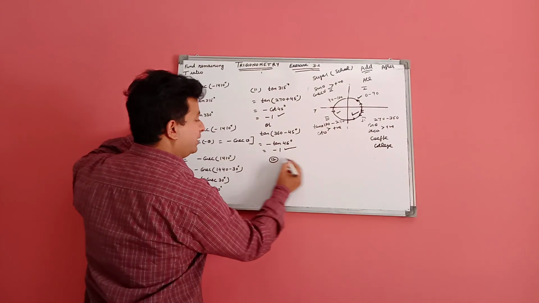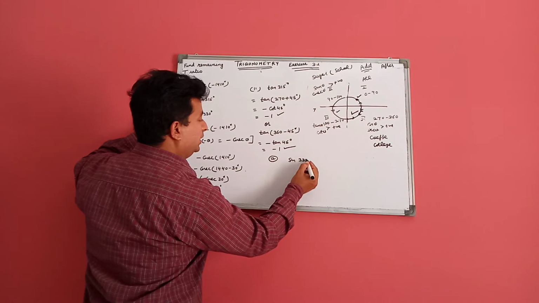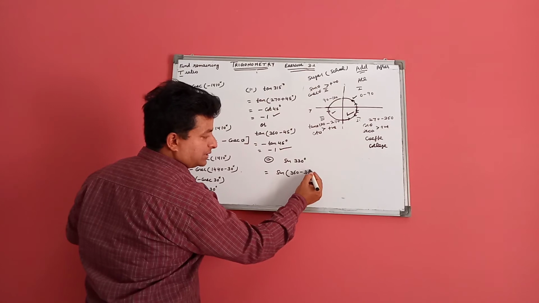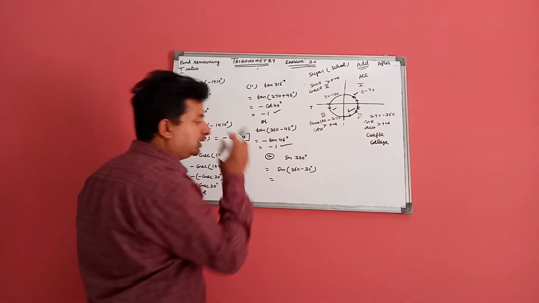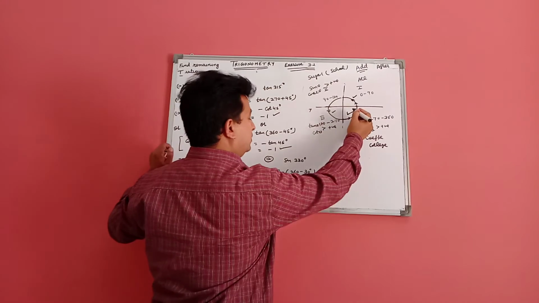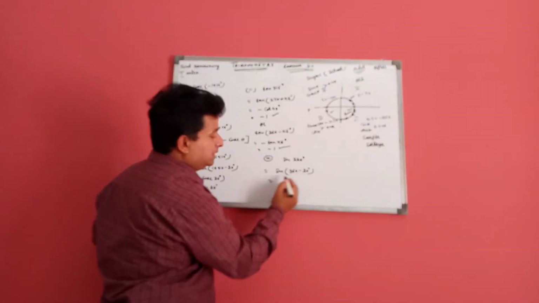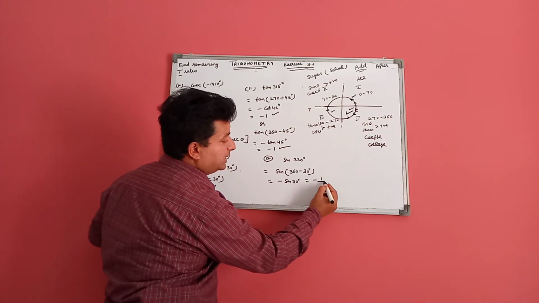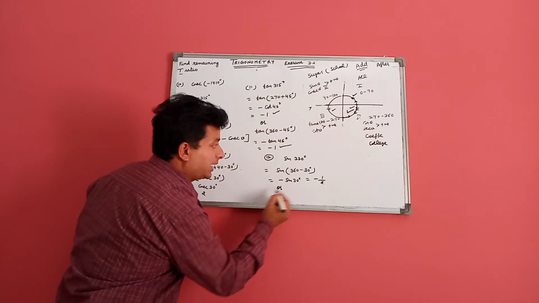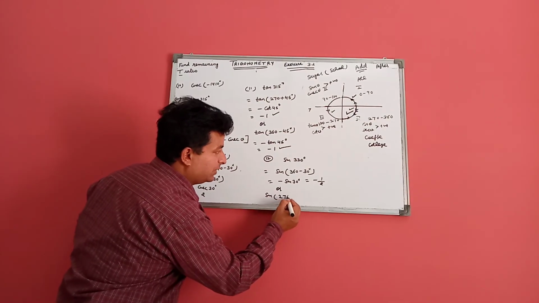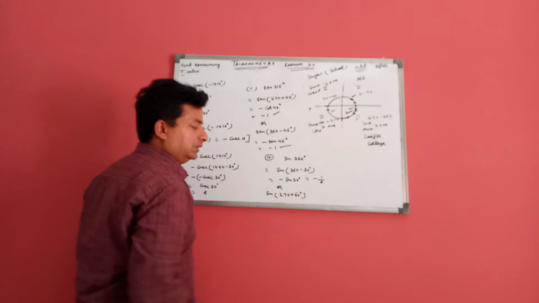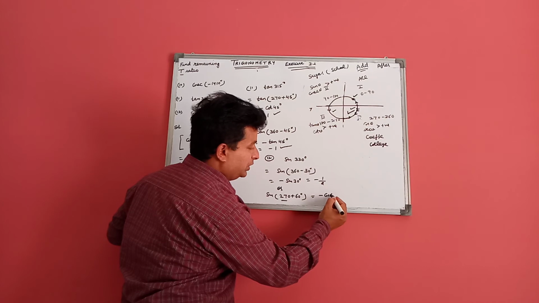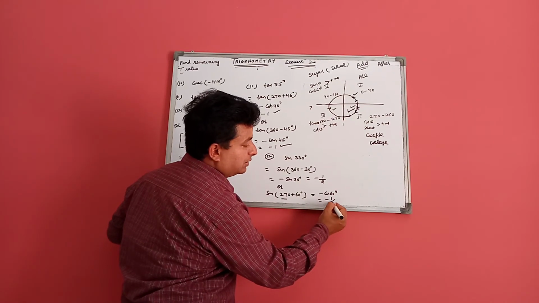In question number 12, the value is sine 330. In this value we write 360 minus 30. There is a quadrant of fourth. In the fourth quadrant, sine is negative but no change of T ratio. It becomes minus 1 by 2. This question can also be solved as 270 plus 60. This is the fourth quadrant, so the value is negative, but in 270 there is a change of T ratio, 60, that is minus 1 by 2.